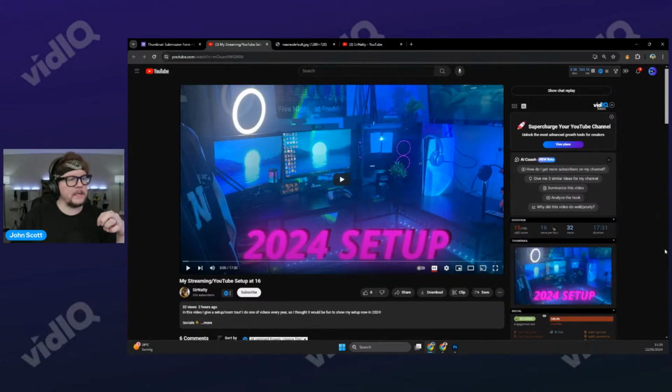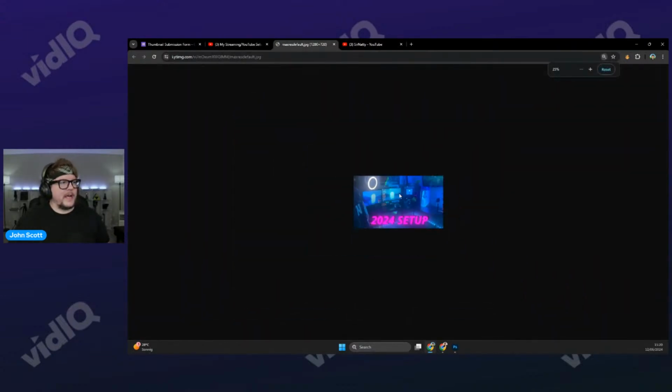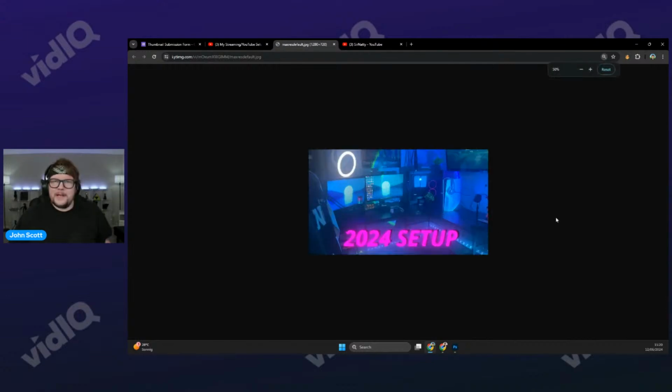You know what? I don't really have much to say about the text. I think it works. The only thing is, with so much glow going on, it blurs it a little bit down here. You can see it sort of like when you back up, it's just kind of this blur. But it's pretty defined.